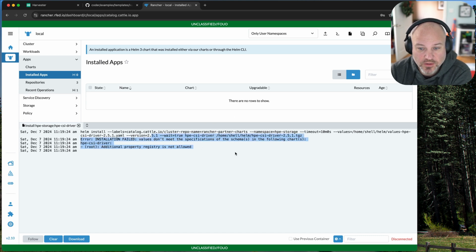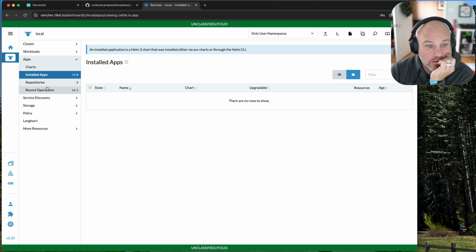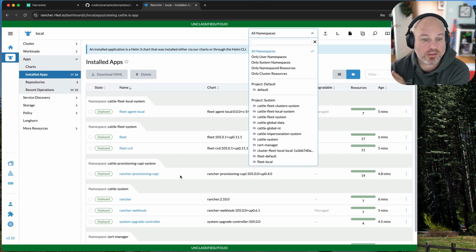Install failed, delete and values. Oh, that's good. Additional property registry is not allowed. That's fantastic. Okay, let's go to all namespaces. It didn't even